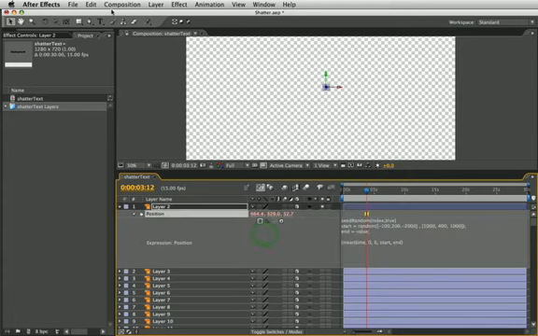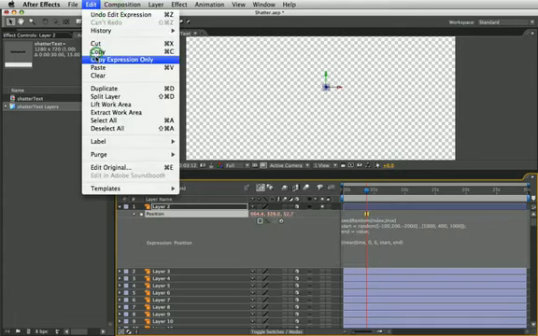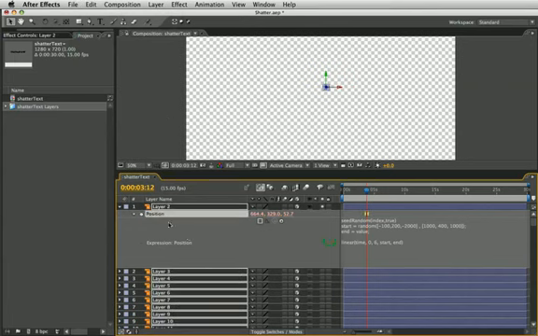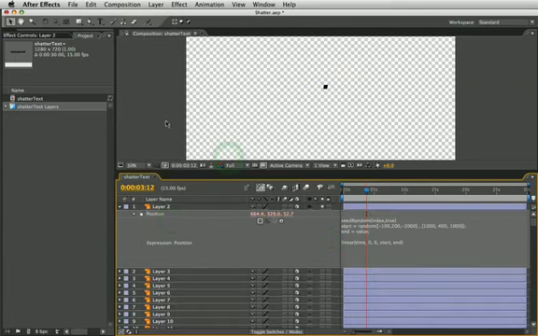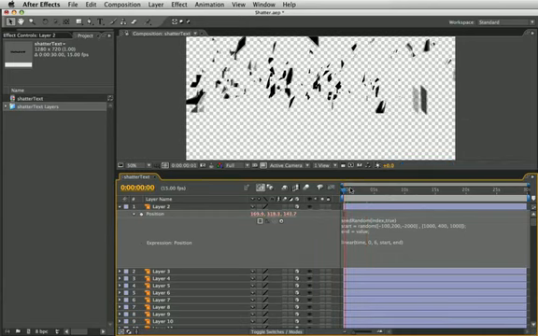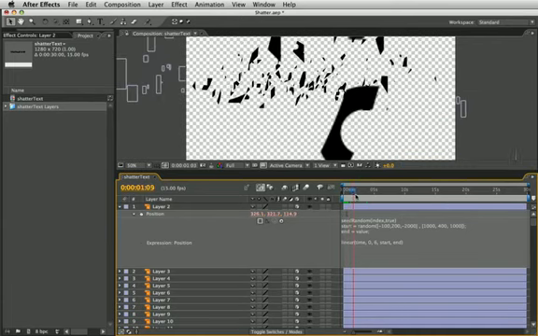Okay, so let's go up to copy expression only, select all, and paste. A way to get around this copy and paste is, if you've seen my tutorial on using external documents, you could have all of these layers referencing an external document and just edit the expression in there, but I'm not going to get into that today. But it's another technique you could use. So they all start in a random spot, and then they swoop in